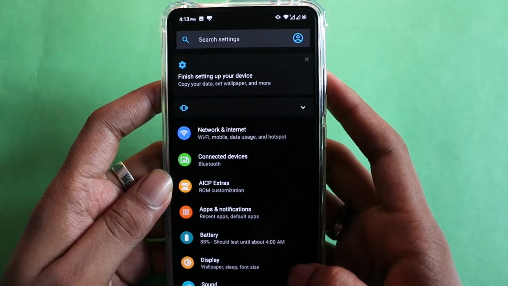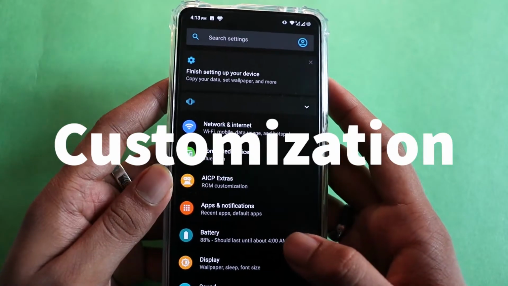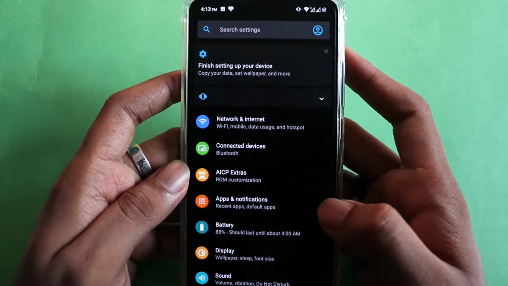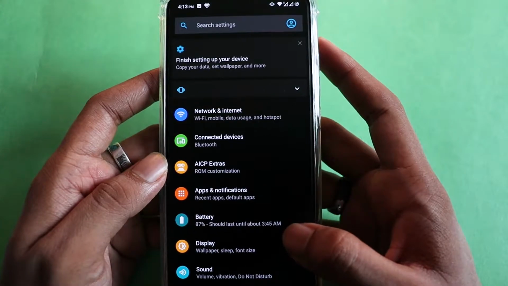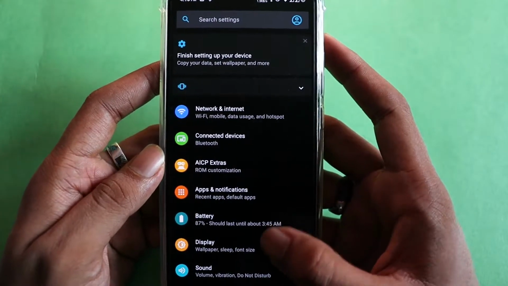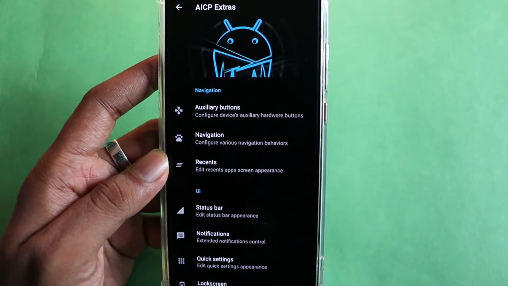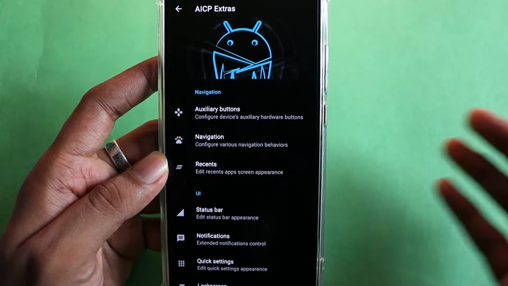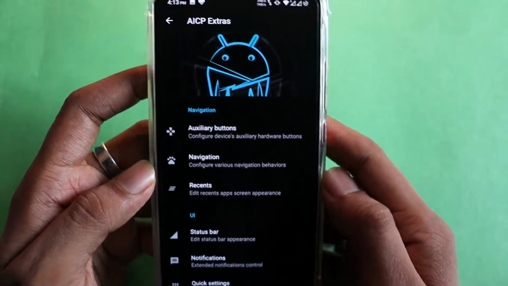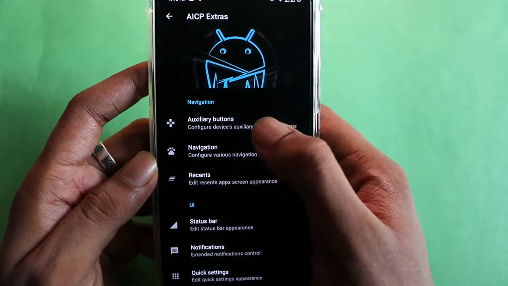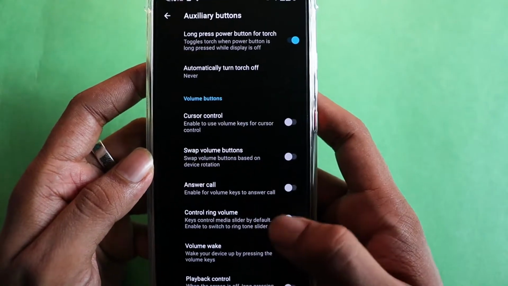For the next test, features and customization, I usually show all the features available in the ROM and the customization features available. And similar to Evolution X, this ROM also has a special option where you can go to find all the customization options, and that option is called AICP Extras. Under that you have a lot of categories, and inside each category you will find different options.